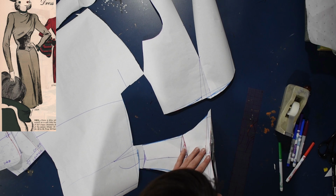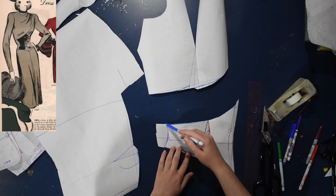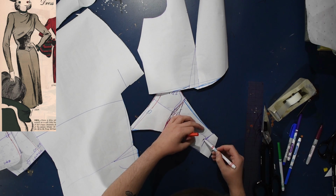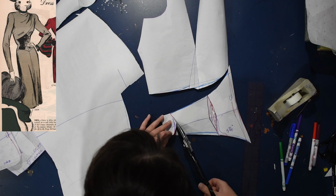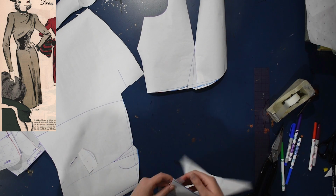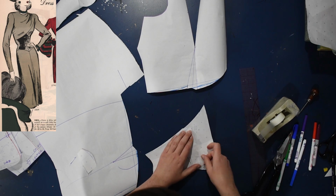So because we have that seam there, we might as well utilize it to take out some of this extra fullness that has been left in the center dart there, or the dart that's in the side, I guess. And then out of the side seam here, we can also take out another 1/4 inch and just cinch that down through the side as well. So because that fullness had been left in where I overlapped that main dart in the center, I could utilize the side seam and the center front seam to take out a little bit more of that if I should so desire. We will watch me add some of that fullness back in later because I went a little bit